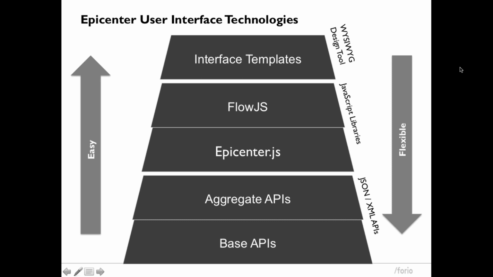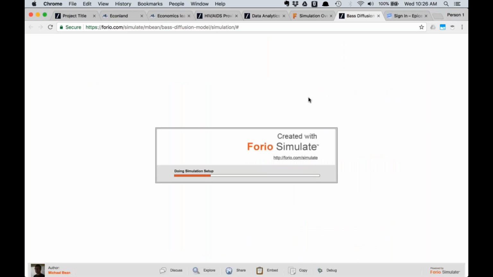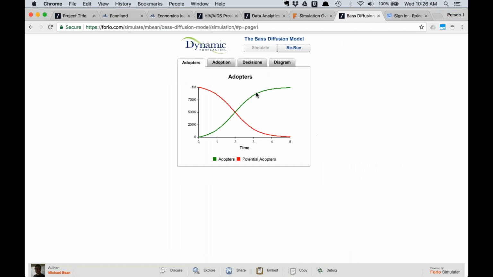Since we've talked about this, the name of this talk today is transitioning or migrating from Forio Simulate to Forio Epicenter. I want to show that in the context of actually doing it. And what I thought I'd use today is this example. This is a nice little example of a diffusion model that was done in Simulate. And it's a reasonable one to try to do in, say, 10 or 15 minutes or something like that